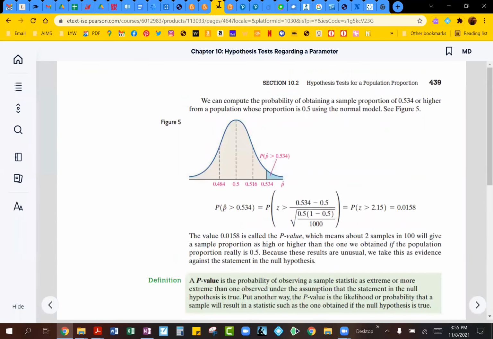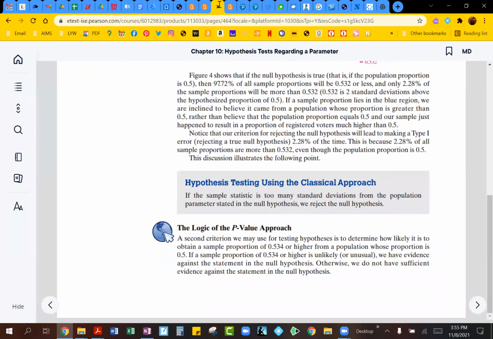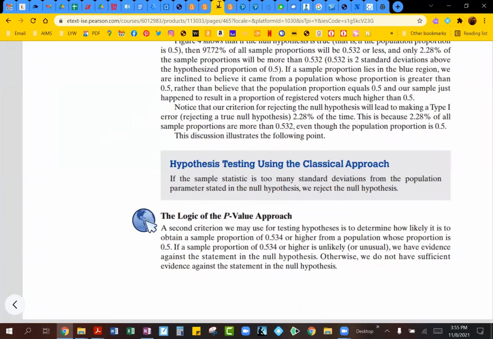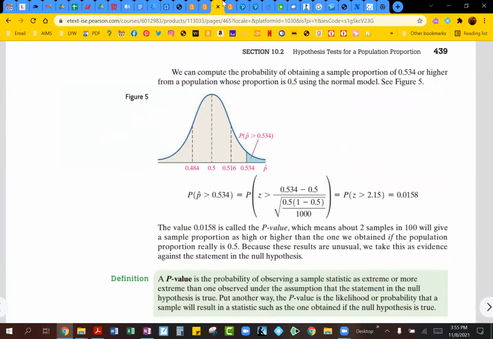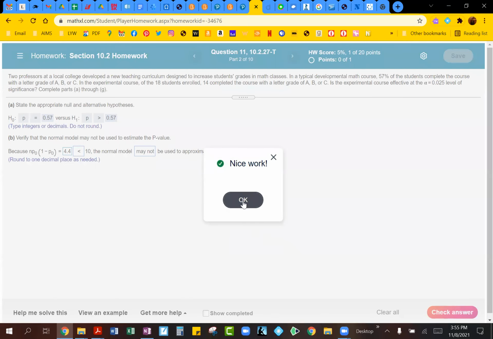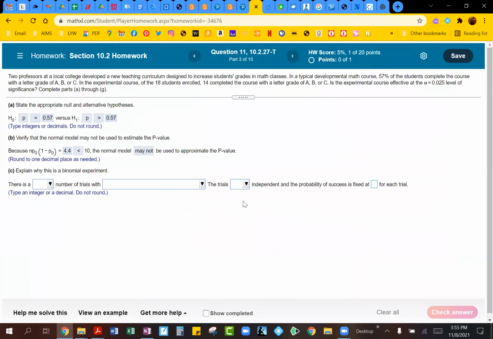Okay, so this is where they're talking about using or not using the normal distribution. In this case, I would say the normal model may not be used to approximate the p-value, because we don't really have any information about this being normally distributed or not. So they're talking about why we think this is going to be a binomial